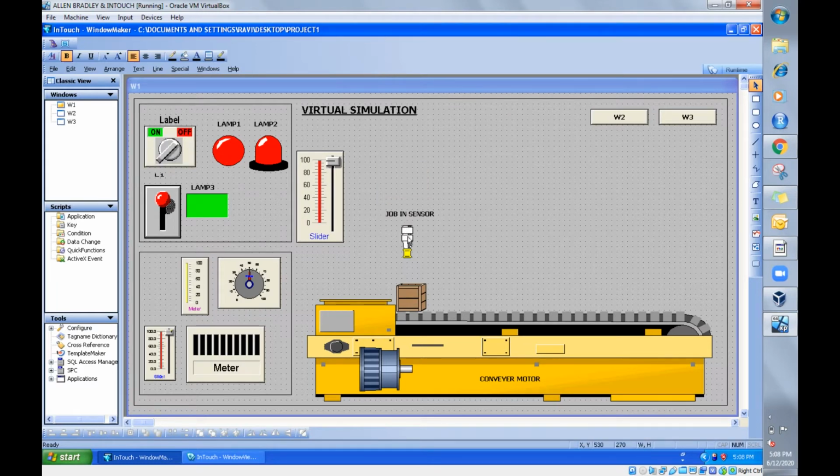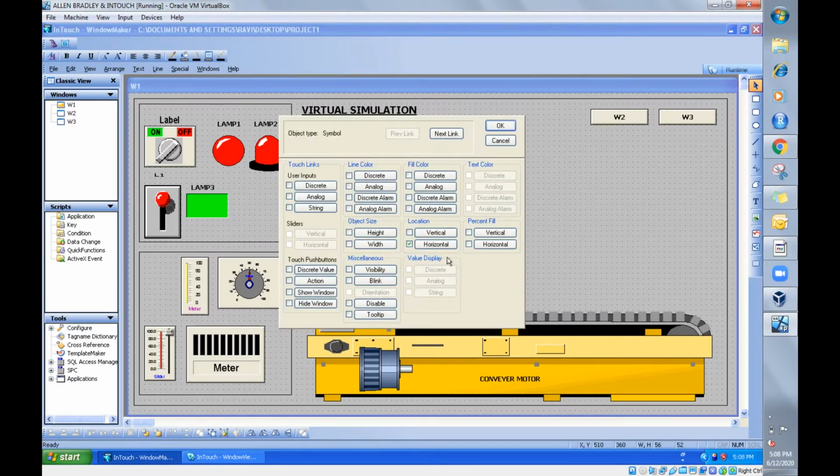Now what I'm going to do, this box is here. What is the use of job-in sensor? Whenever the object is located nearer to the sensor, it should give 1. I mean, it should be blinking, or giving some sound, or it should give 1. So for that I'm going to use this level tag, and I'm going to move this box